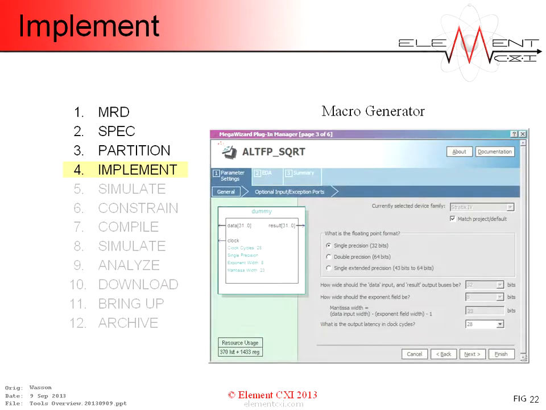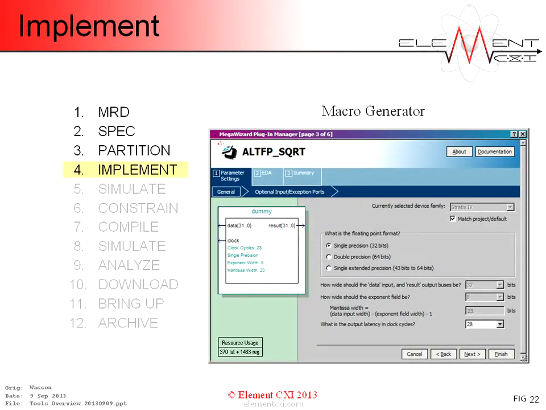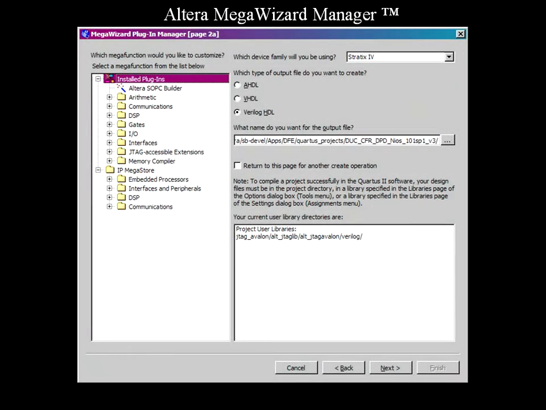For example, here's Altera's floating point square root macro generator. Select precision and latency, push the button, and voila! Generated code ready for compilation. And assemble if you prefer block diagram entry. There's also a helpful resource utilization estimate to help you decide beforehand if you actually want to use the generated module. Altera's Wizard Manager offers a plethora of functions, from general arithmetic to memory, and more complex functions like processors